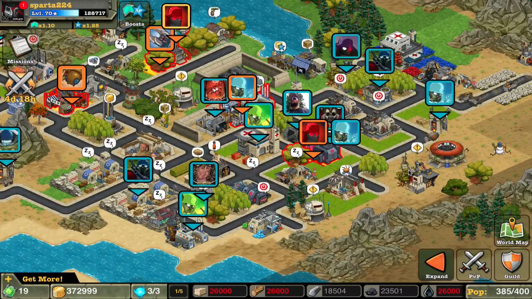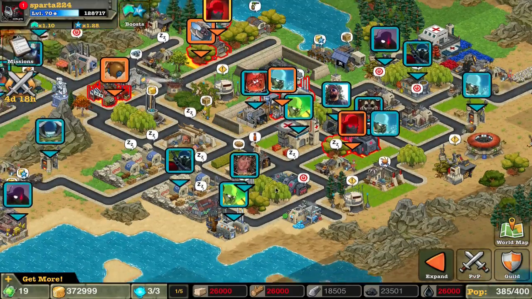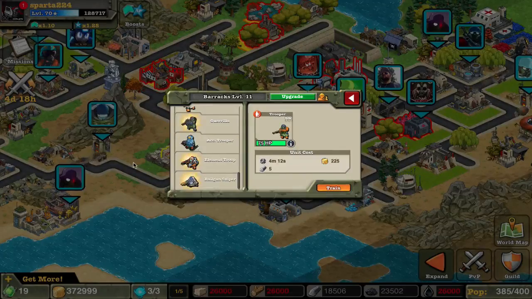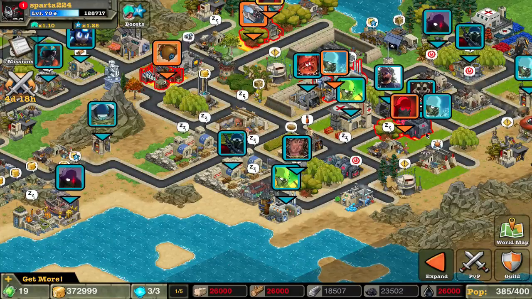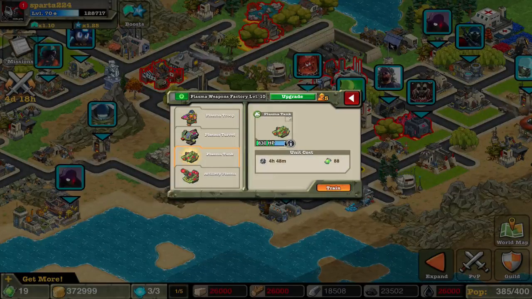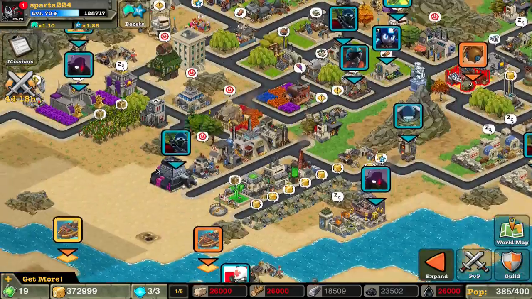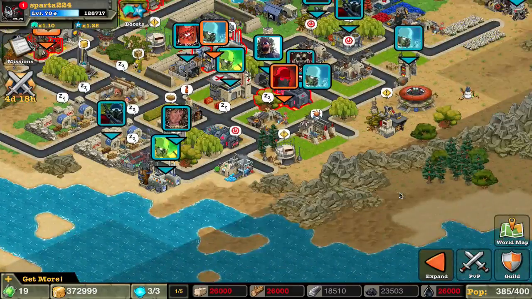So all in all, it's not a bad unit, but for 69 nanos, you could probably just save up for a plasma tank or something like that. So really, a plasma tank is, what, 88? And you get really good defense. I stick with electric fences anyway. I basically don't ever spend nanos on this game anyway, so...